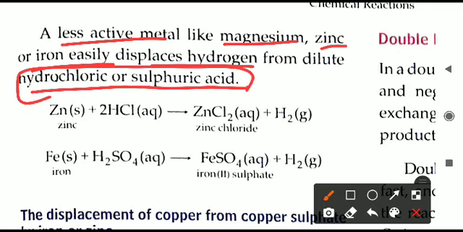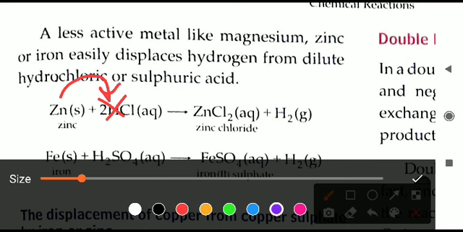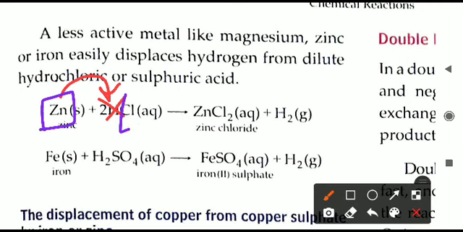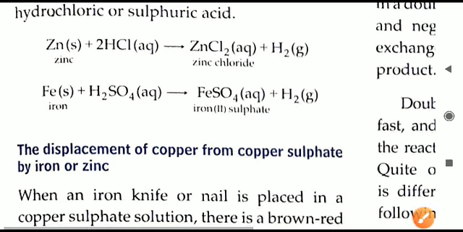If you are using any acid, the acid contains hydrogen. Here you can see zinc will go and remove H from HCl. HCl is hydrochloric acid. So zinc has removed that hydrogen. What is remaining now? The remaining part is Zn, and here 2 chlorine are there. Zn and 2 chlorine will form ZnCl2. And the hydrogen which was removed is coming out in the form of a gas, that is H2 gas, written there. So this is how we have seen that zinc is more reactive than hydrogen. This reaction has taken place as a displacement reaction.